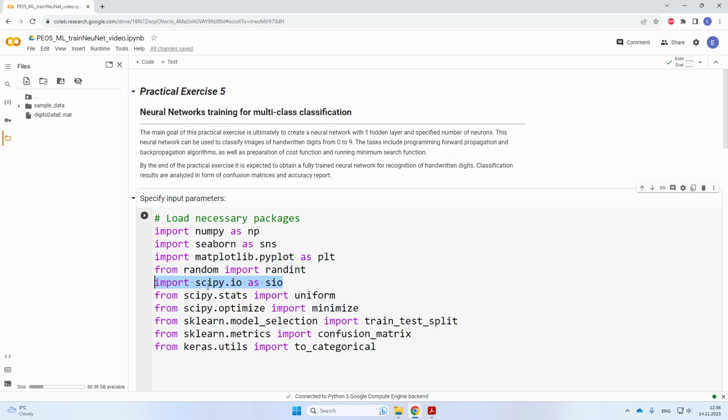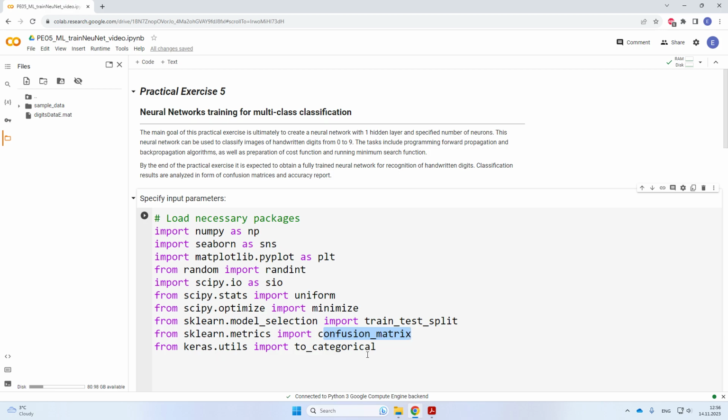So we need the SciPy input-output library to deal with it, as well as the uniform distribution from the statistics package, the minimize function from the optimize package,